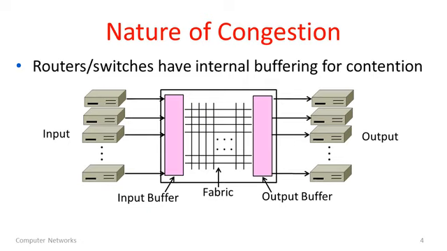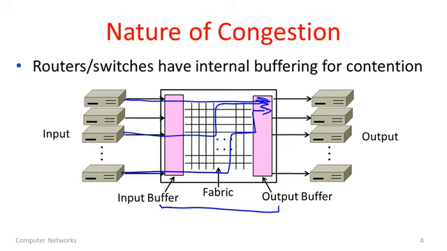So here's an earlier slide so you can just recall what goes on inside routers and switches. Routers and switches have some amount of internal buffering for contention when multiple input packets want to go to the same output. So in this diagram I have a switch in the middle here, or a router. I have the inputs on the left and the outputs on the right. There's buffering inside the router because, for instance, I might at a particular moment in time want to send traffic from 3 different inputs